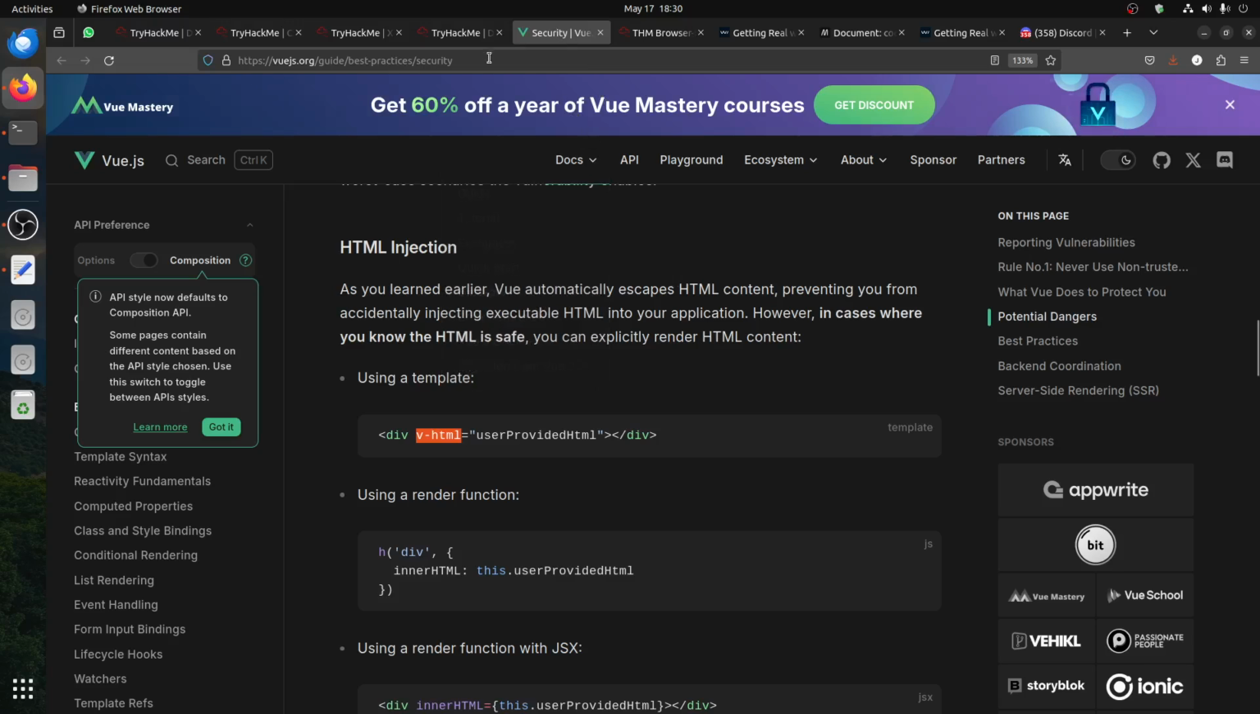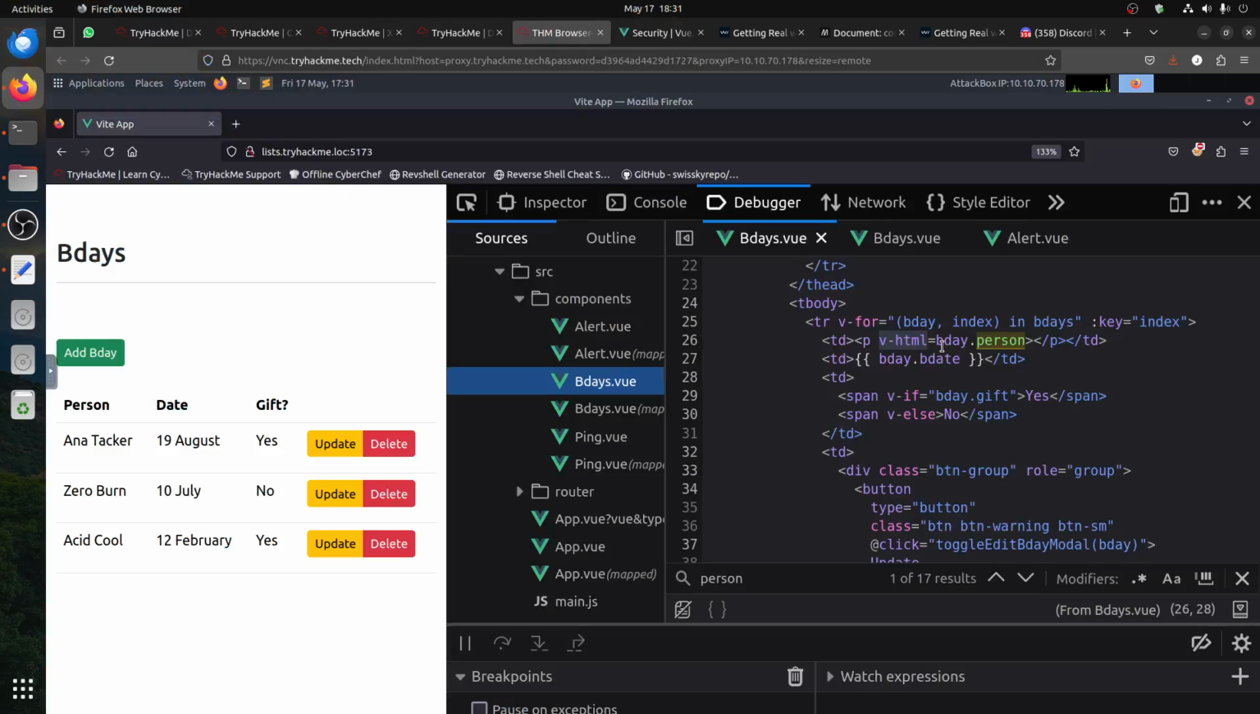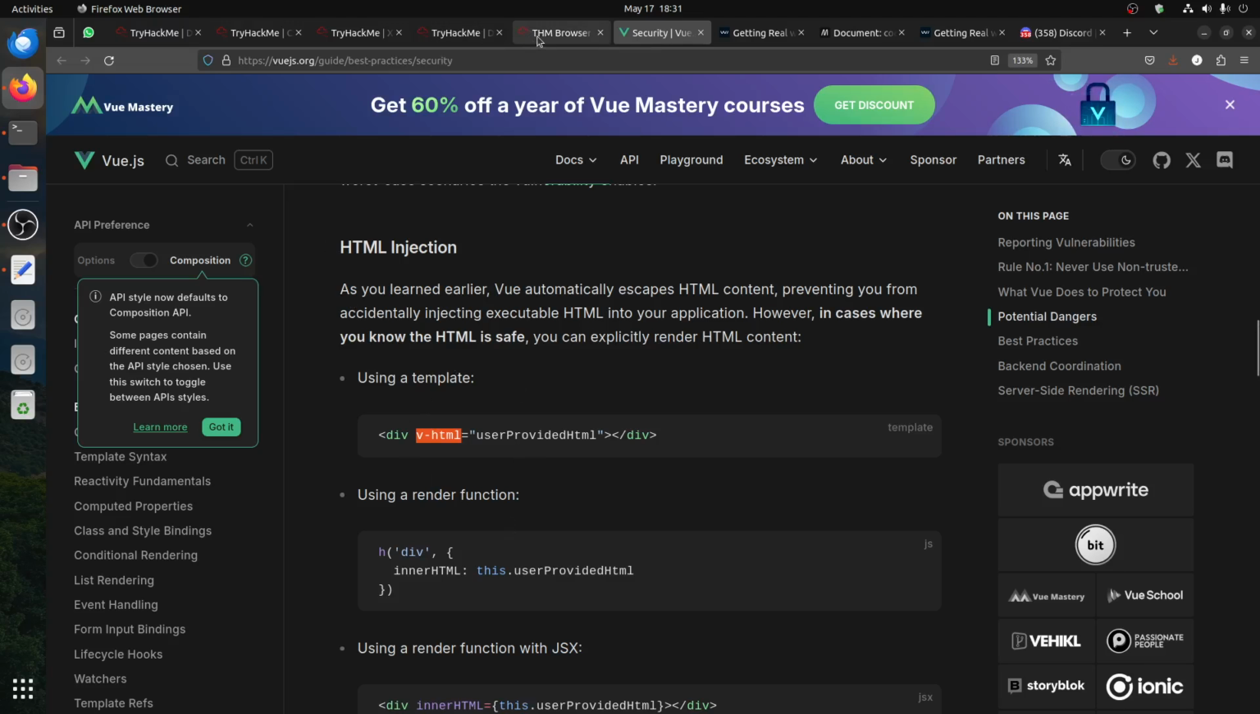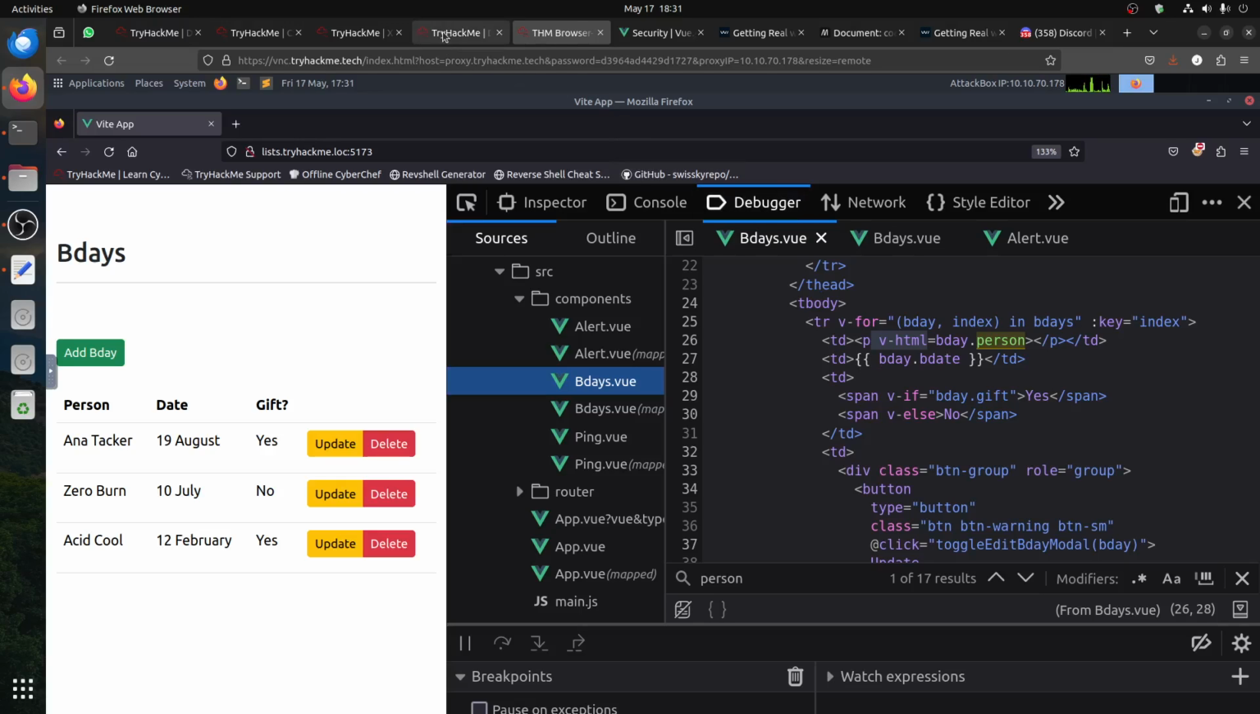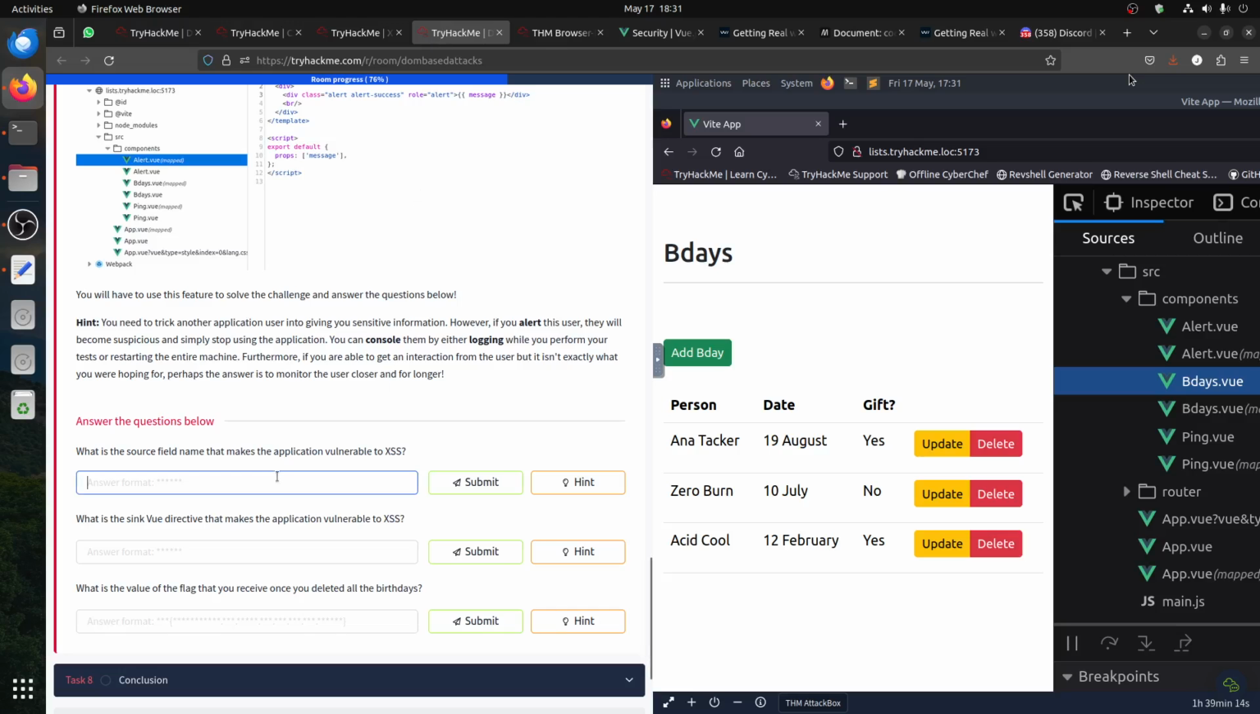So from our code, where's our code? Our code should be interesting, because you can see in security v-html is what the website itself tells you is a high security risk. So we can say that the person is the one that has